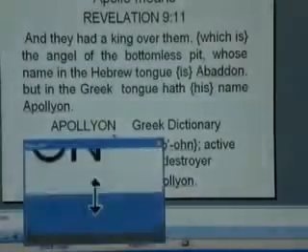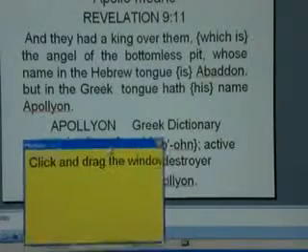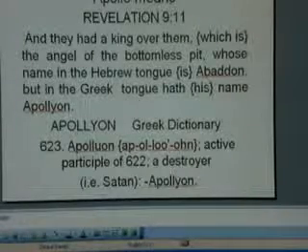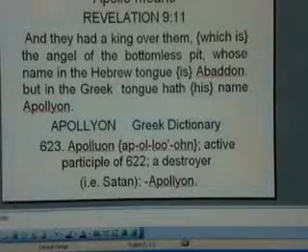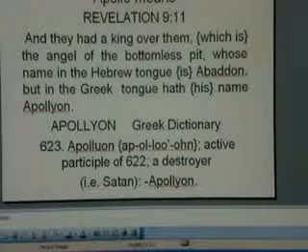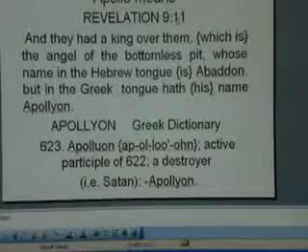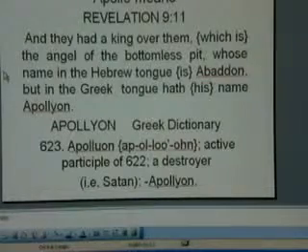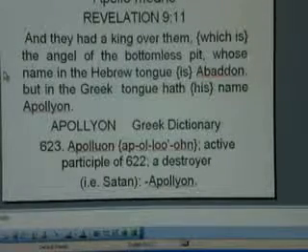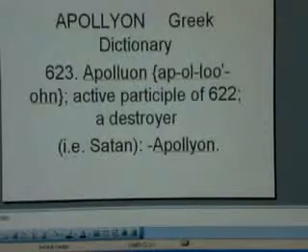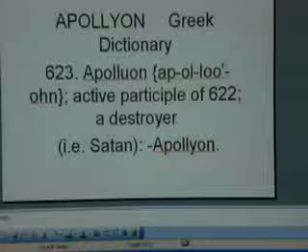reveals the dome of the rock. The word Apollo means Satan, the destroyer. It's in Revelation 9:11. And they had a king over them, which is the angel of the bottomless pit, whose name in the Hebrew tongue is Abaddon, but in the Greek tongue had his name Apollon. The destroyer,